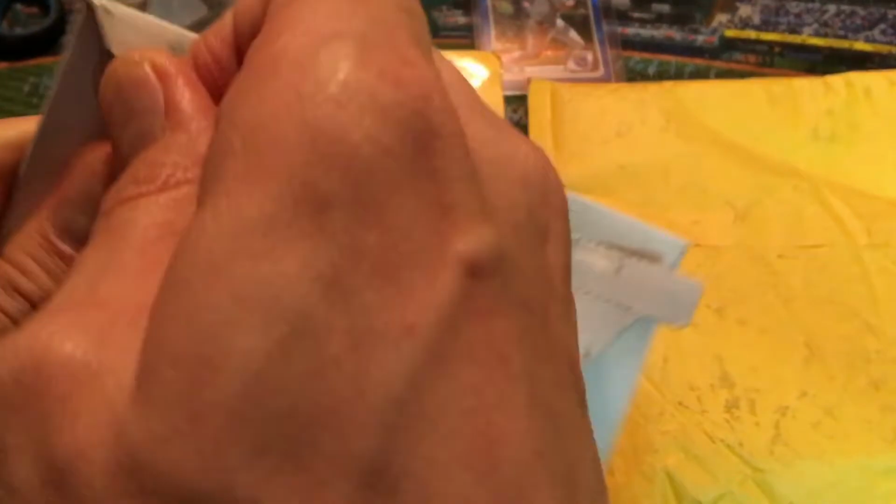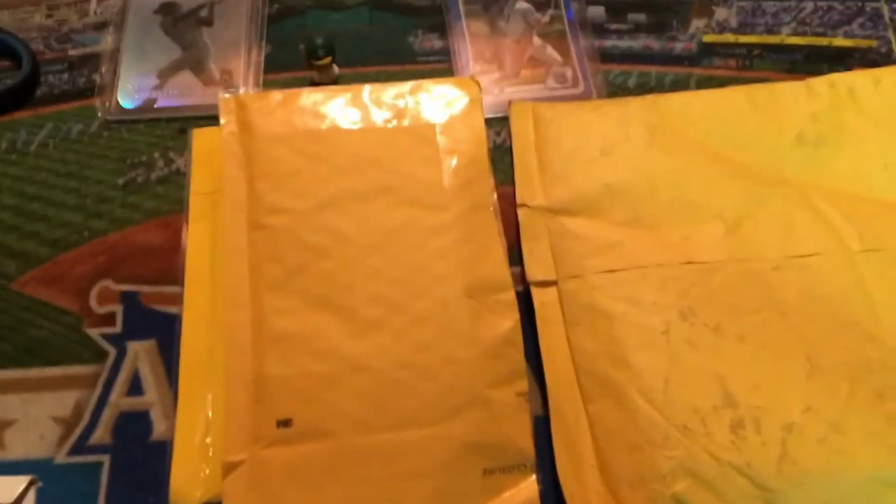All right, number 2. I have this package, which is in one of these eBay standard envelopes. Holy cow, we're knocking my...